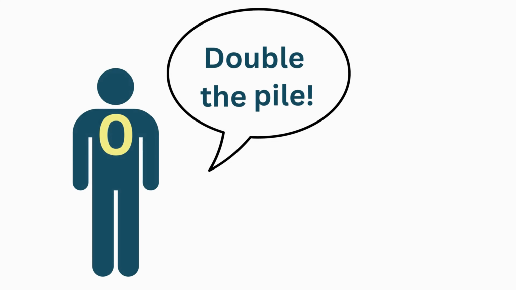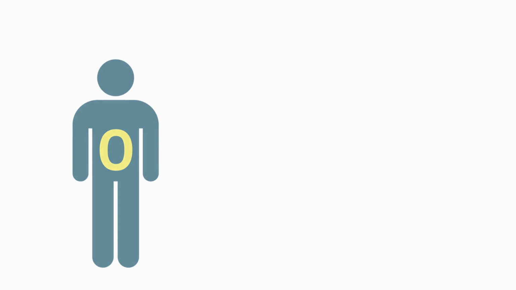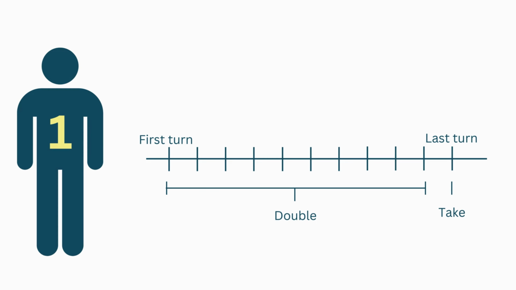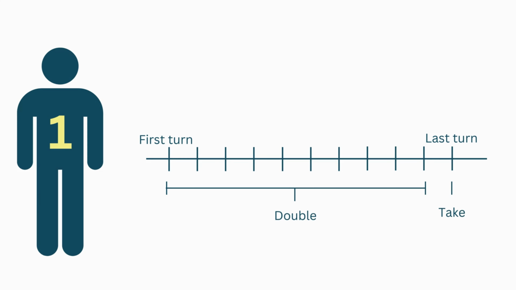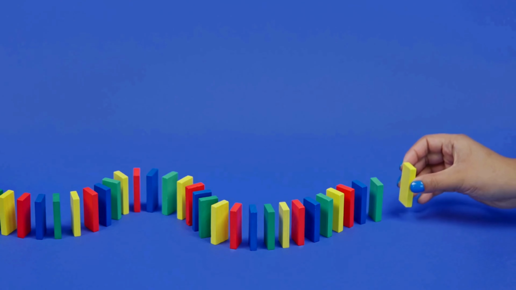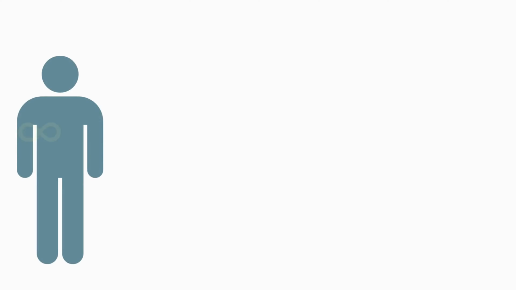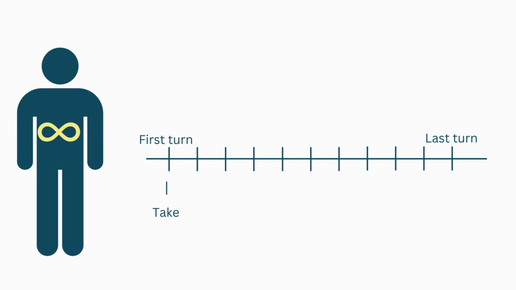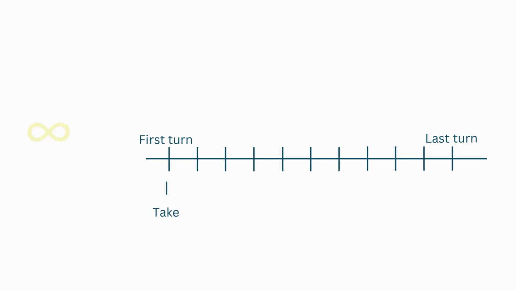A level 0 player would choose to double the pile every time. A level 1 player would assume that his opponent is a level 0 player and will thus choose to double the pile on every turn except his last. A level 2 player will choose to double the pile on every turn except his second to last, since he knows if he were to double the pile on that turn, his level 1 opponent would choose to end the game. This continues inductively. Hence, a finitely intelligent player would choose to end the game on the very first turn.